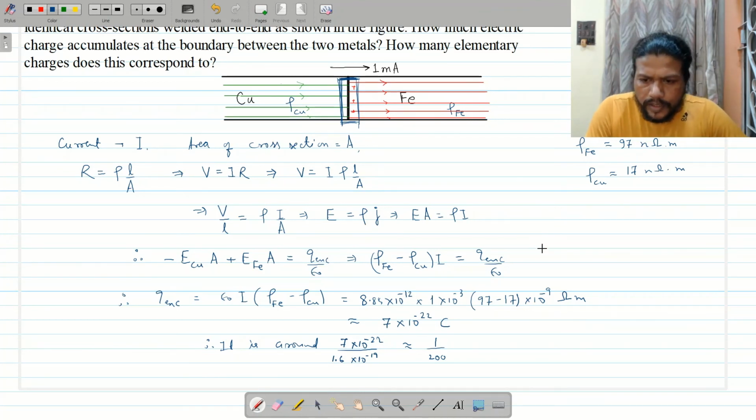But the point is that it is very small. In fact, a fraction of the elementary charge. How is even that possible? What about charge quantization, for example? You can see that a measurable macroscopic current of around 1 milliampere flows through the wire, yet the accumulated charge is only a small proportion of the microscopic elementary charge. This is a very strange result, rather.